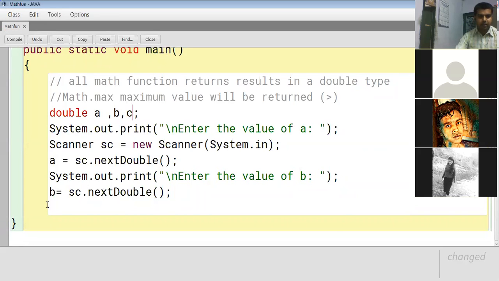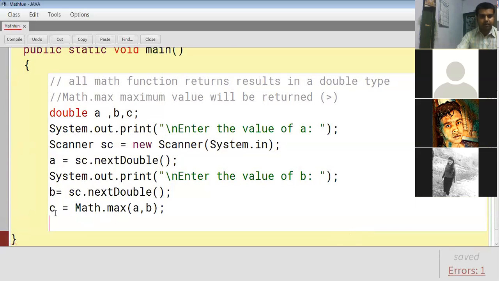So we have taken an output variable C where I will write C is equal to Math.max. In between I will write the variables A and B, those values amongst which the comparison will be done. Whichever is the largest number will be stored in the variable C, and it will be displayed as the result.